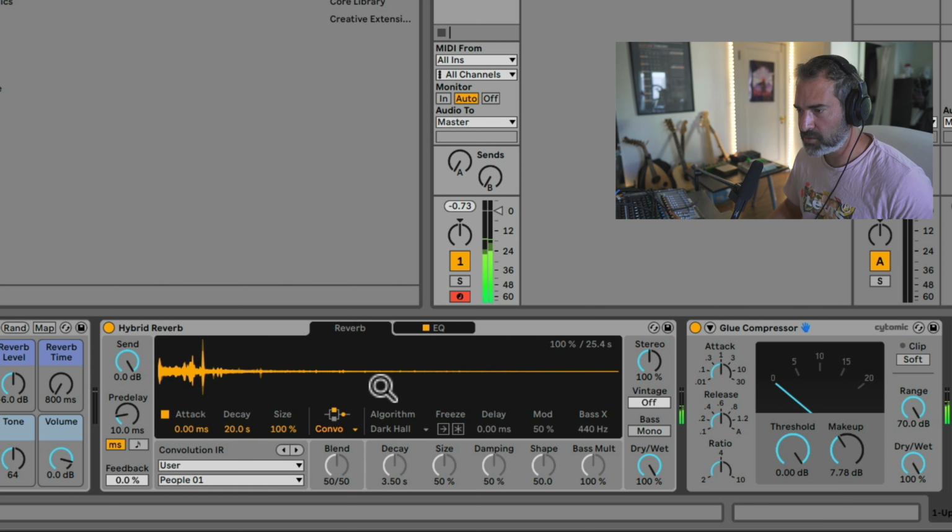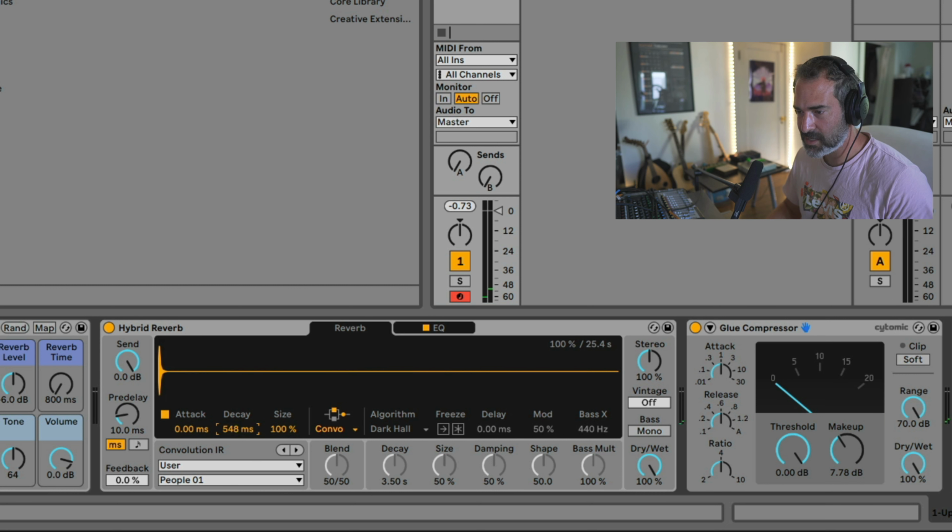Because it takes that audio file and processes it as the IR, as the impulse response for the reverb. And essentially you can put any sound you want there. So just a quick trick for making ambient sounds or just getting very unique space, because we can always